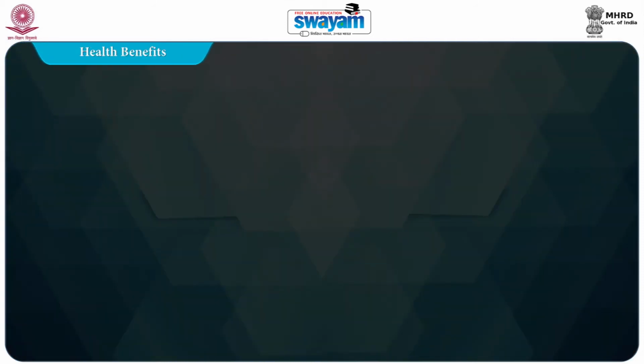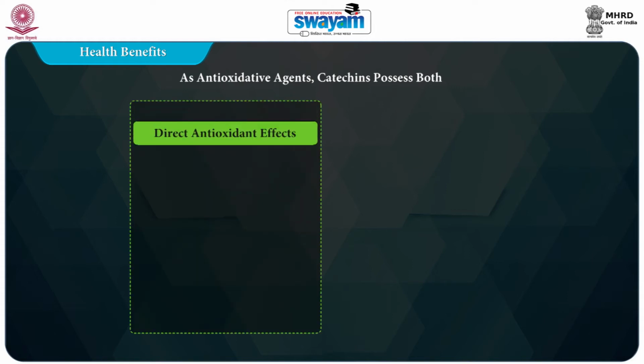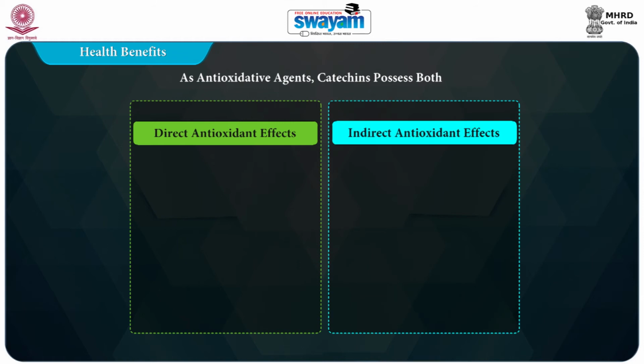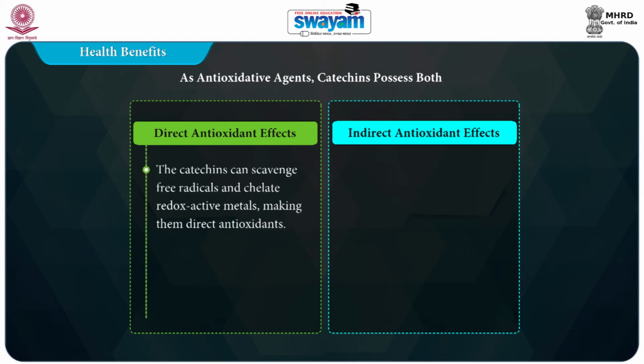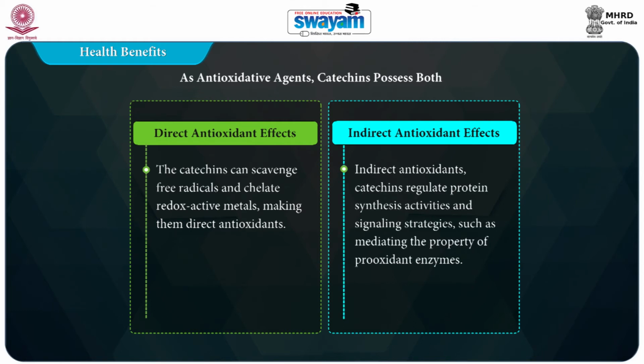Let us now understand the health benefits of catechin. Catechin is an antioxidative agent. Catechin possesses both direct antioxidant effect and indirect antioxidant effect. The catechin can scavenge free radicals and chelate redox active metals, making them direct antioxidants. At the same time, as an indirect antioxidant, catechins regulate protein synthesis activities and signaling strategies such as mediating the